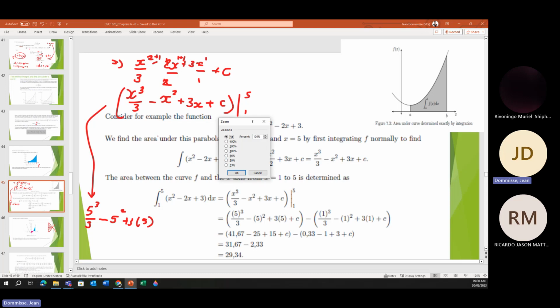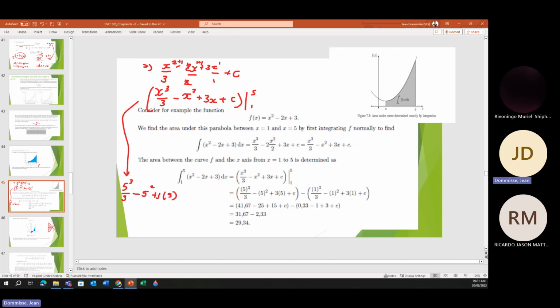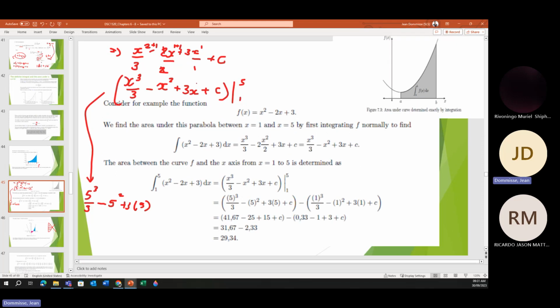Now you would see that I've got the C, but this references X, so the C will just be there. You actually do nothing with that. So that was the first component, and then you subtract where you substitute with 1. So 1 to the power of 3 divided by 3, minus 1 to the power of 2, plus 3 times 1,